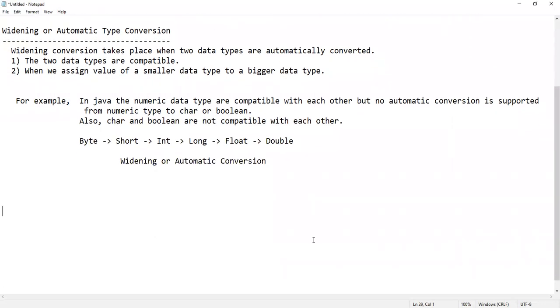So we'll write a small program on automatic type conversion, that is widening. We'll write a program on widening or automatic type conversions.